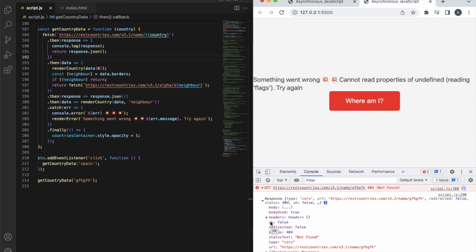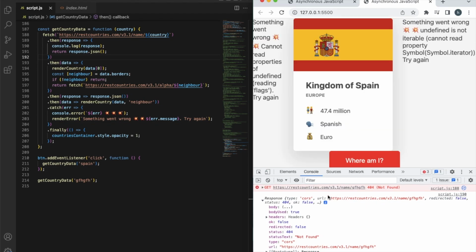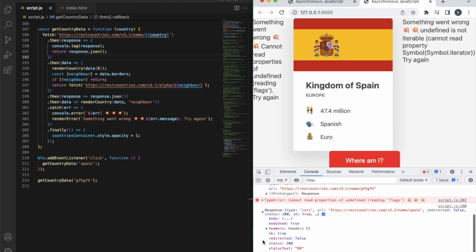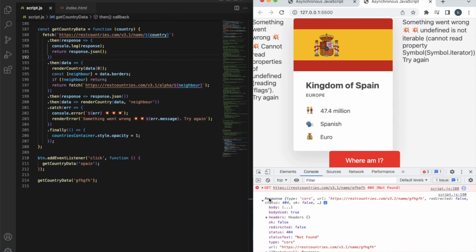Right here, you can see that the ok property is set to false, and the reason for that is, of course, that the status code is 404. Now when the request works, which is what's going to happen when we click here, and we take a look at the response, ok is true, because the status code is 200. And 200 literally stands for OK. So we can now use the fact that this response has the ok property set to false to basically reject